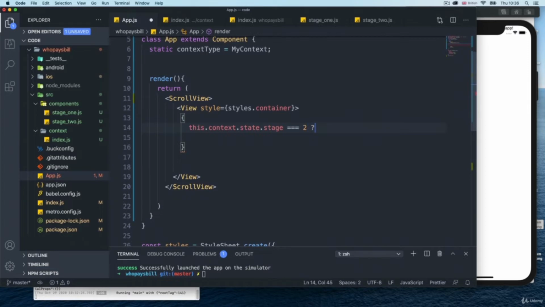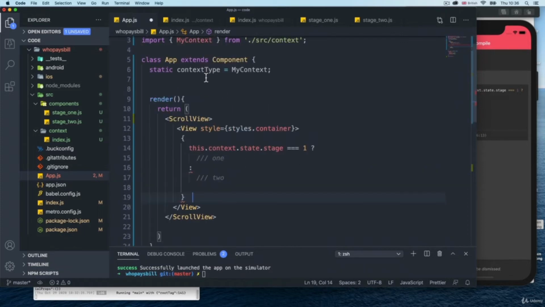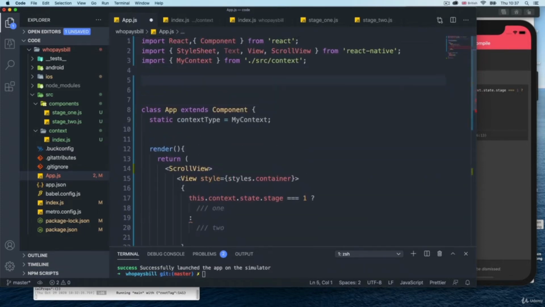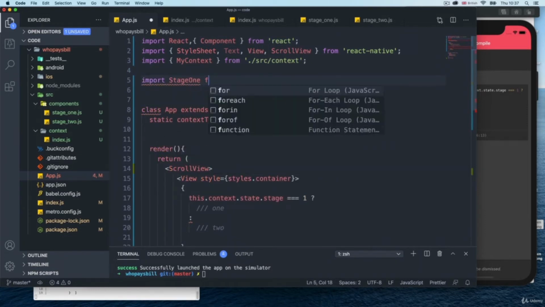Now, if it's equal to 2, we're going to show something else, right? So if it's 1, we go right here and show 1. And if it's 2, of course, we're going to go and show the 2, right? Of course, the application will fail because we are not returning anything. So I'm going to go right here at the top, and I'm going to start importing the stages. So I'm going to say stage 1 from that /